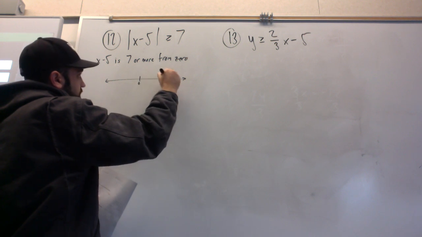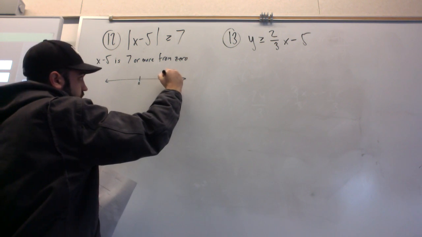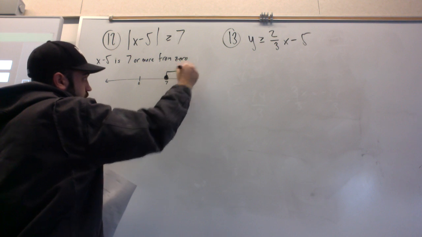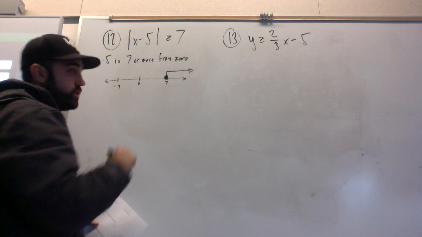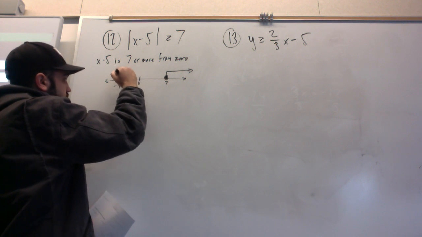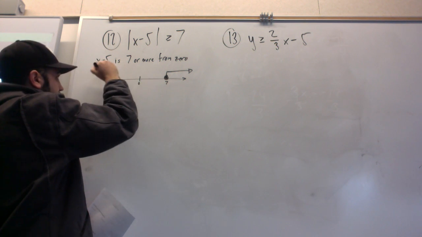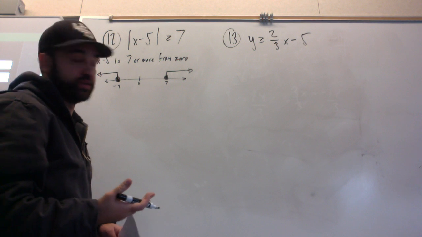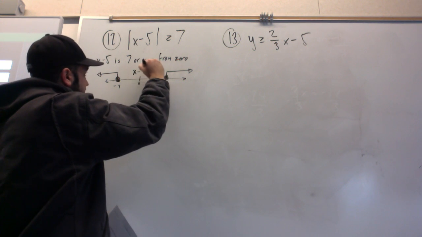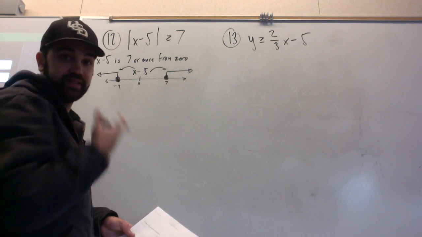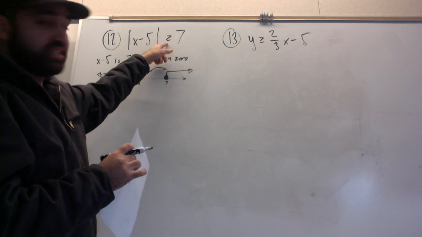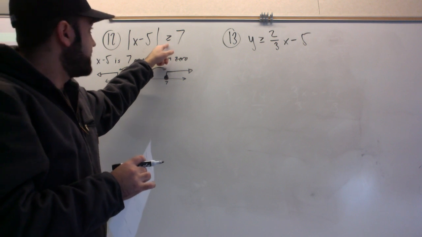from 0 would be either exactly 7 away to the right, because all those numbers are 7 or more, but also negative 7 is exactly 7 from 0. So I shade that in because it can equal it. And to the left would be further than 7 from 0. So my x minus 5 is somewhere in there or somewhere in there. I already see as well that this is an or statement. If this was going the other way, if it was less than or equal to or less than, it would